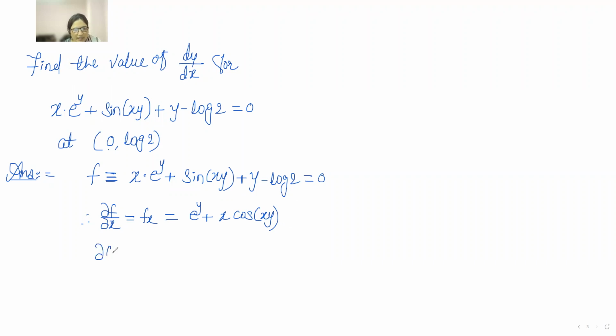Similarly, finding derivative of f with respect to y, that is fy, it is equal to x into e raised to y plus derivative of sine of xy, it is x into cos of xy, plus 1. Okay, therefore dy by dx is equal to